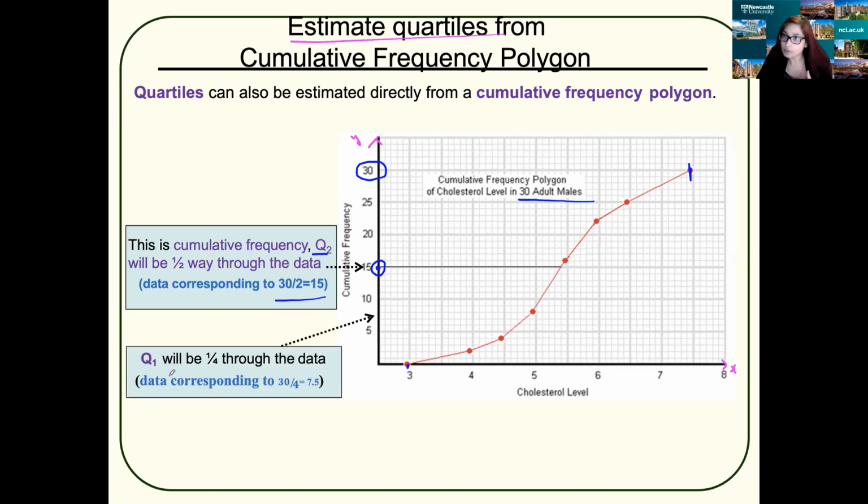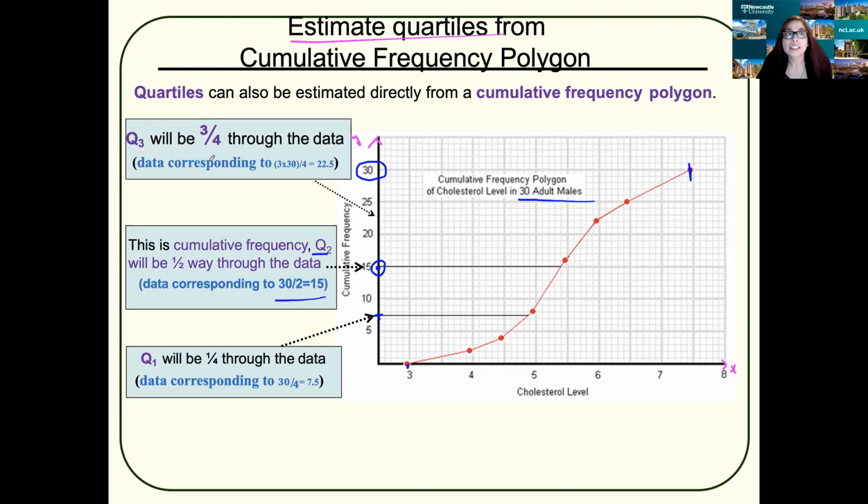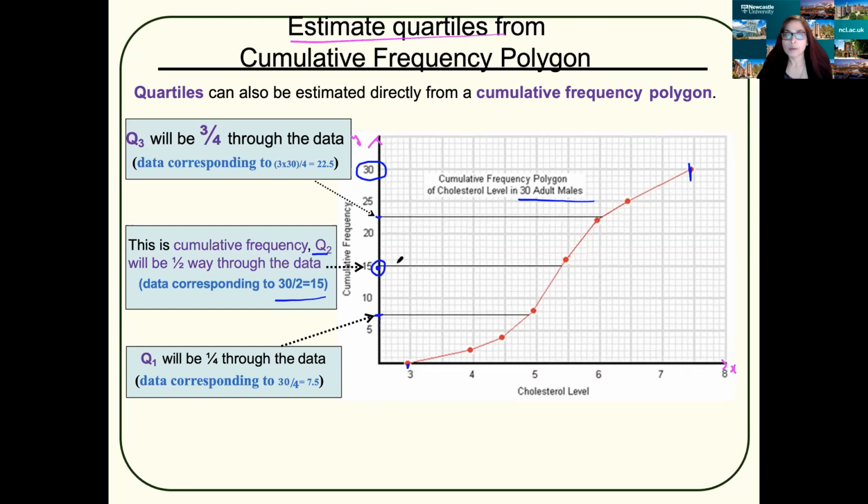Now let's find Q1. Q1 will be 1/4 of the total data values. So 1/4 of 30 is 7.5. So it should be 5, 6, 7, and 7.5 here. Now Q3 should be 30 times 3/4, isn't it? 75% of the data will lie there. So 3/4 times 30 is 22.5. So 20, 21, 22, so it should lie here. And now what we do, we have to interpolate a line down, touching the x-axis to find the corresponding